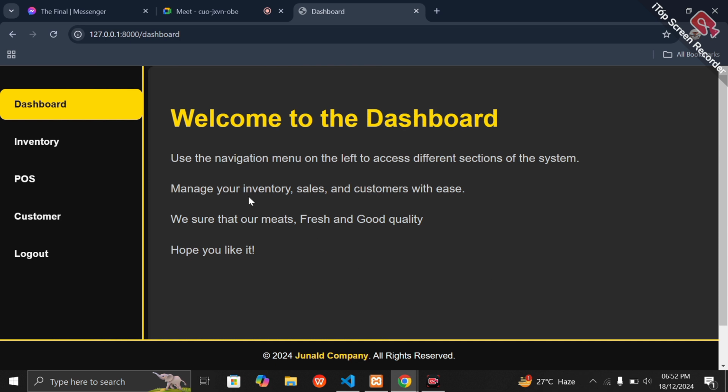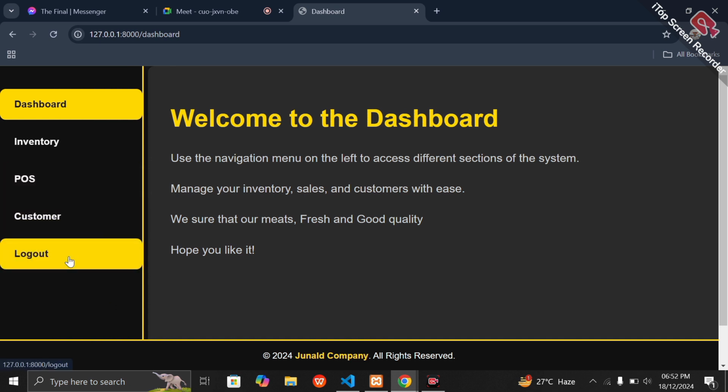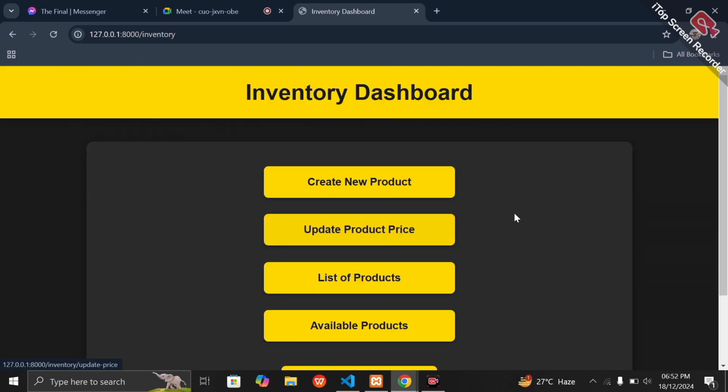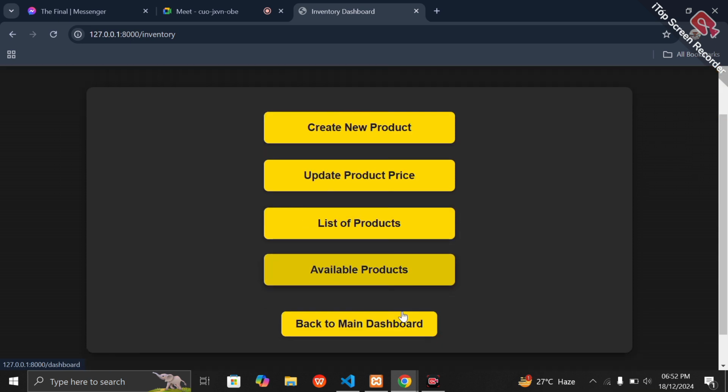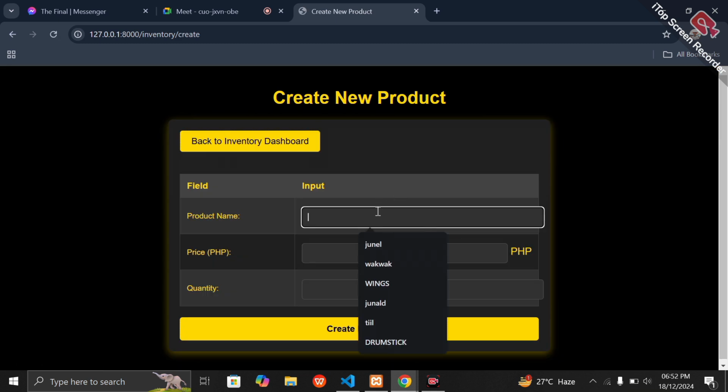And then after the login form, we can proceed to dashboard, which contains POS, inventory, customer, and logout. When we click on inventory, we will see options for creating a new product, updating price, listing product, and viewing available product. So we will create products that we will sell,